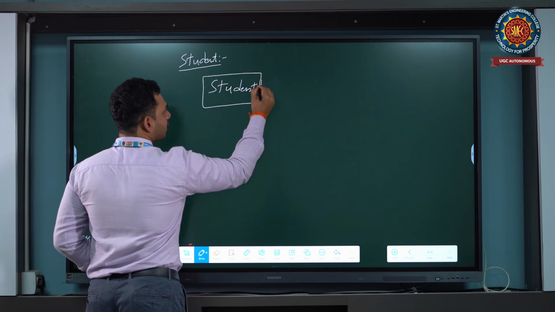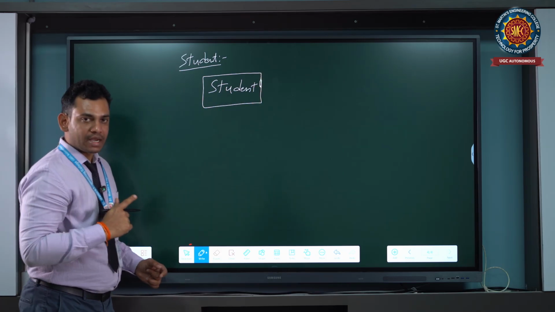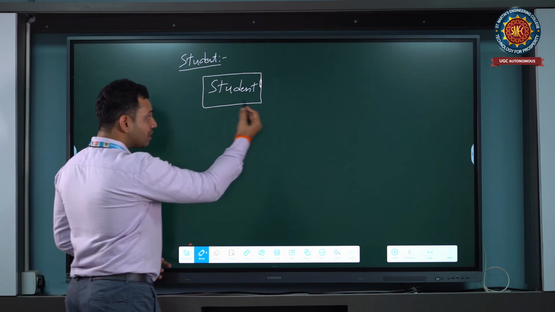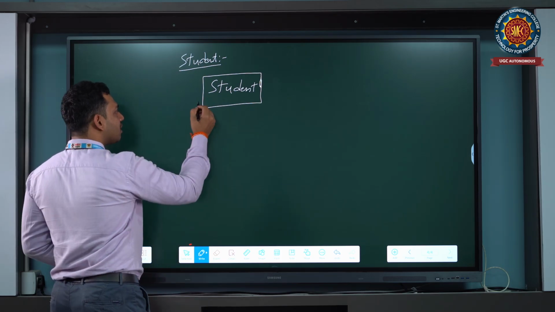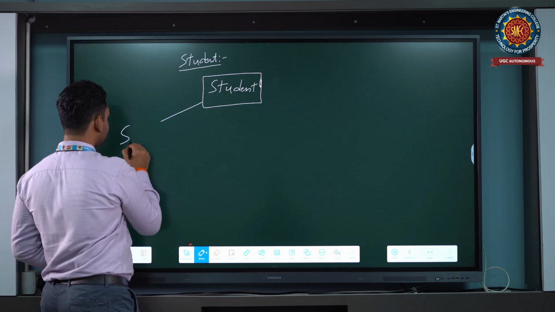Student is an entity, so for that purpose we are representing it as a rectangle. So what are all the attributes? What are all the objects it is having? Student is having student name,